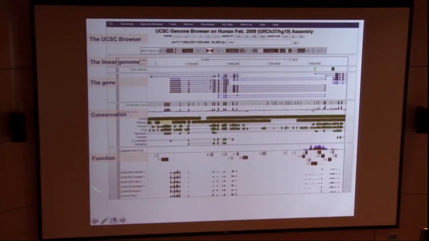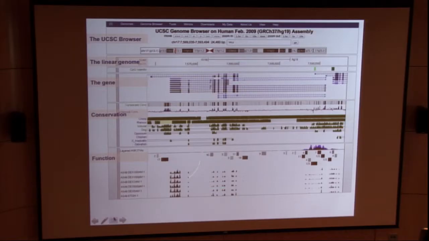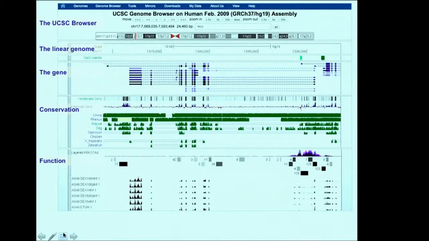Over here, this is where things start to get complicated. When we start annotating the function of the genome, the enhancer state, the transcript, the RNA-seq data that was just asked about, they showed up as browser tracks on this. And then it really helps us to understand this part of the genome. What does this part of the genome do, right?